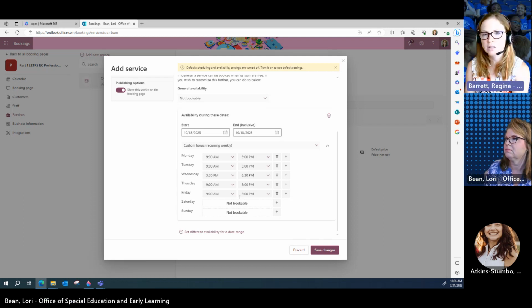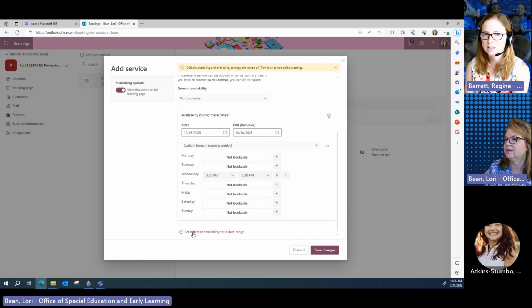See the little trash cans next to the other times? You can just delete those. And then you can set a different availability for a different date range and set whatever the next date is.